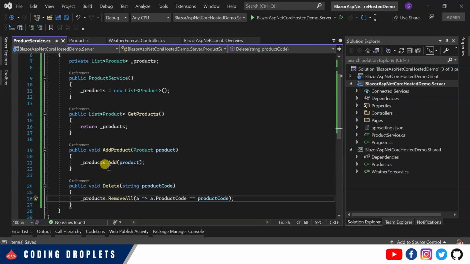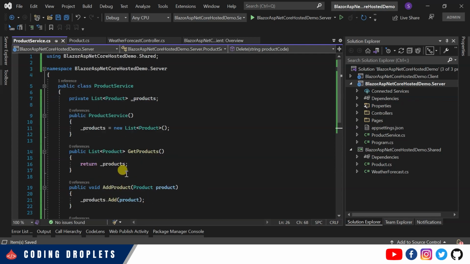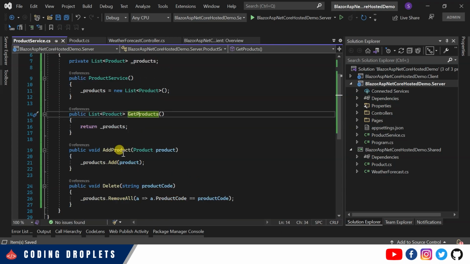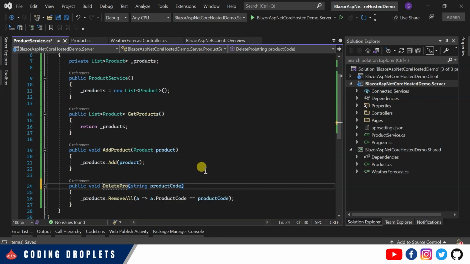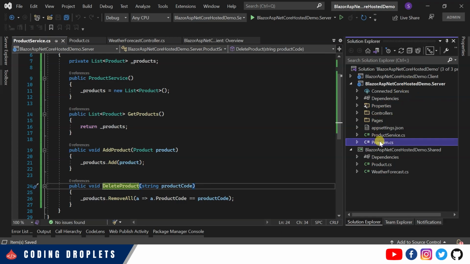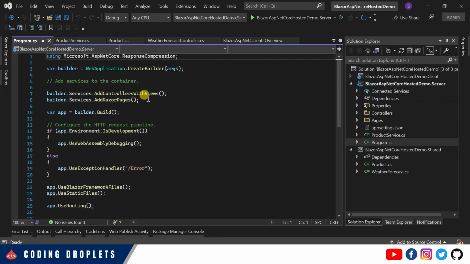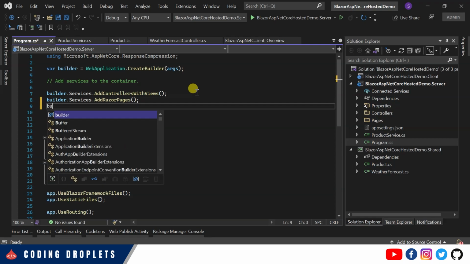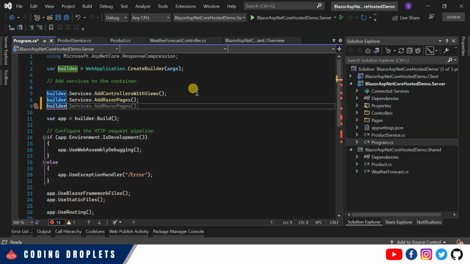Fine. These many functionalities are enough for showing the demo. So we are having GetProducts, AddProduct, and let me name this as DeleteProduct. Three methods in this service. Now what I'm going to do here is go to Program.cs of this server application, and here I'm adding the dependency. I'm adding a singleton service here,